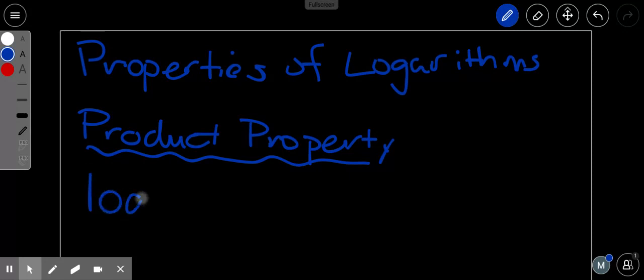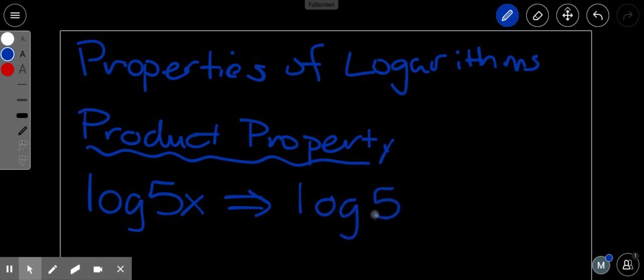So let's say that we have log of 5x, where the 5 and the x are multiplying by each other. This can be rewritten as the log of 5 plus the log of x. So what we did, we expanded it from the log of 5x to the log of 5 plus the log of x. Now, conversely, it can go in the other direction, and